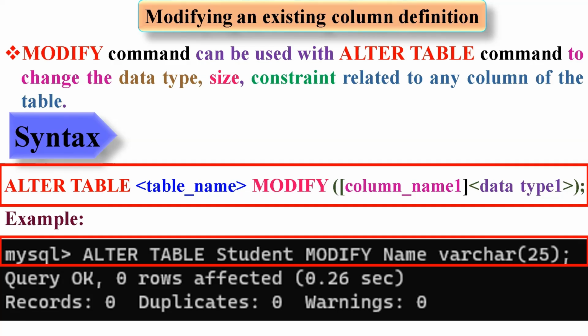Let's learn how to modify an existing column definition. The modify command can be used with the alter table command to change the data type, size, or constraint related to any column of the table. The syntax is: alter table table_name modify column_name1 data type1; Example. We type the statement: alter table student modify name varchar(25);